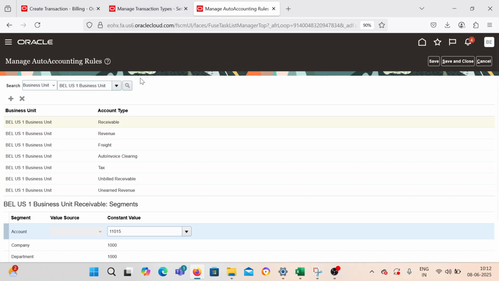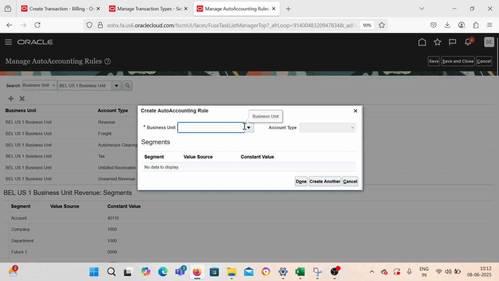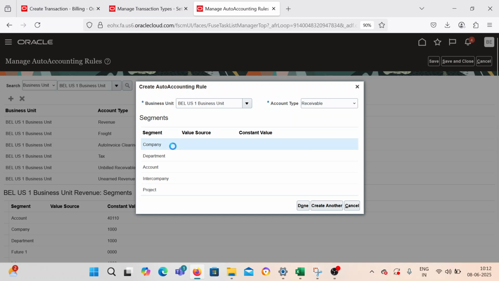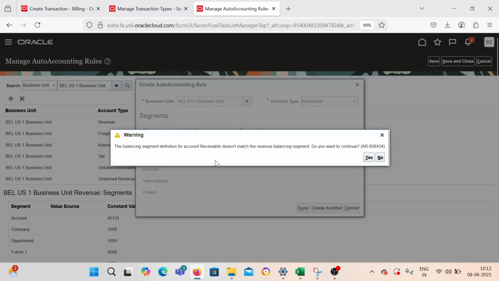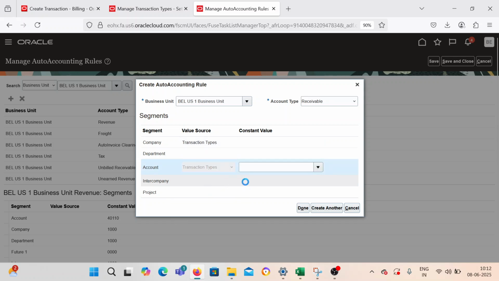and when it can pick it up. I will just delete this receivables one. Okay, add. I'm just selecting the values, business unit and receivables. This we know how we are going to create, company. Now you can see we have value source, and we have an option called null. Null means you can provide a constant value. Now, if we select a transaction type, okay,